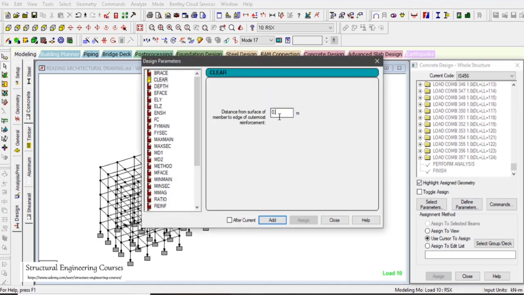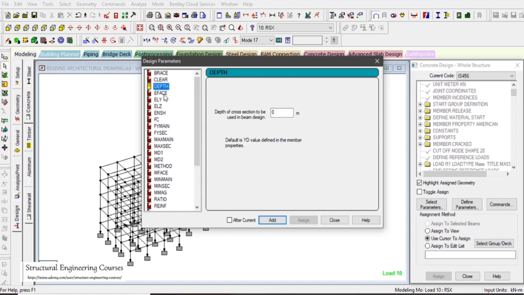So for column, let us say the cover is in the range of 40 mm. So we can enter 40. For beams, let us say the cover is 35 mm. By cover I mean clear cover. And after that we can enter the grade of concrete as M30, that is 30,000 kilonewton per meter square. The grade of steel we can enter as 500 grade, that is 5 lakh kN per meter square. Similarly we can enter the same value for Fy secondary,